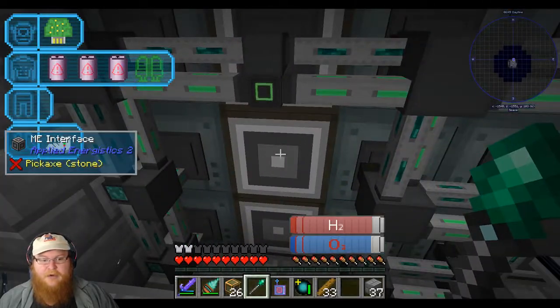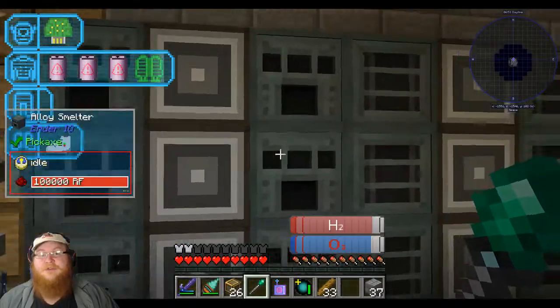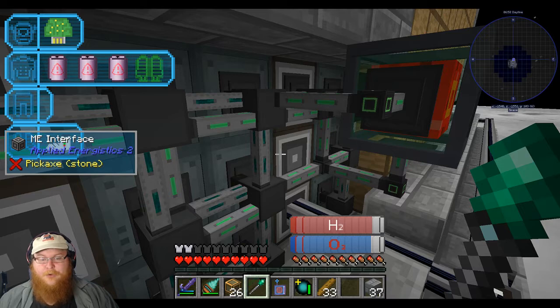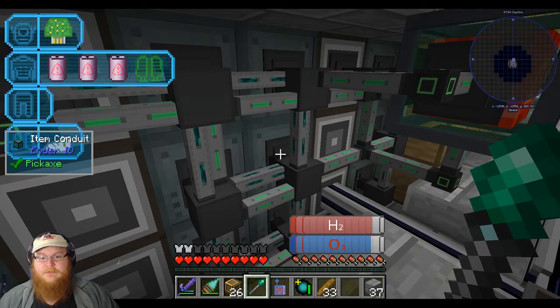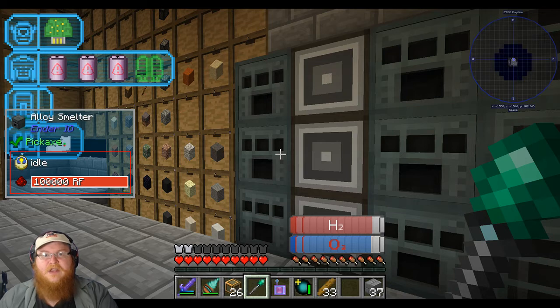I've got power out here. These things are all powered. Now I just have to give them recipes, or give them something that they can work from. Probably need to use an exporter, but very, very soon, we will be using these. We won't be using these, but maybe for cooking things, not ingots or anything like that, because we're